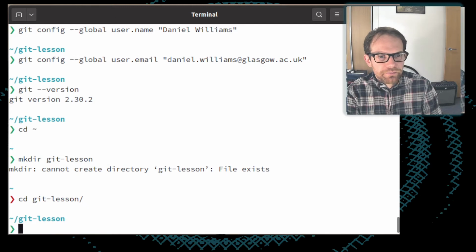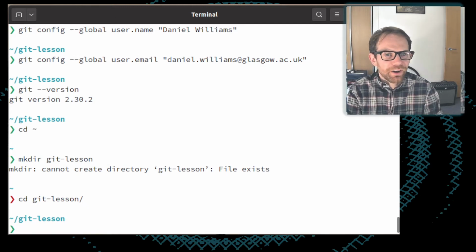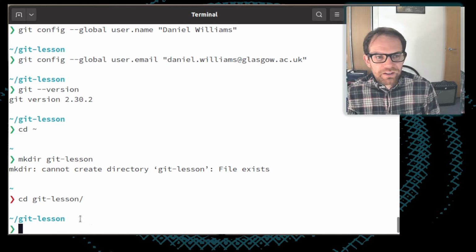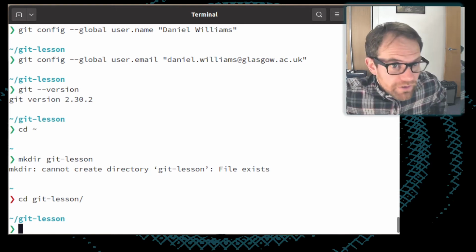but I can cd into it. Also, I appreciate, compared to Norman, I have a very weird looking prompt. This chevron in my prompt is the equivalent to the $ sign that he will have had in his. It's just telling me where the prompt starts. I've got some extra stuff here so that I can see where I'm working in the terminal at any given point, and it will also show some information about the Git repository once we get started.